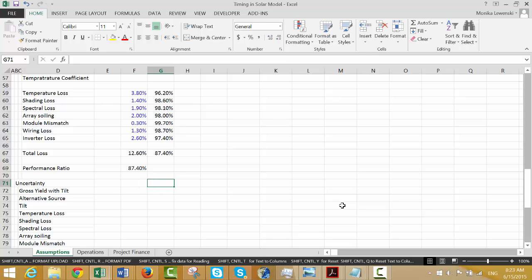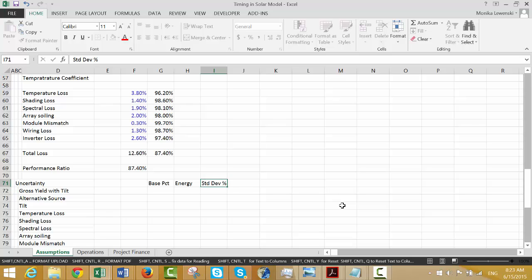So let's start with our base, our base percent. Okay, that's going to be our losses and everything else, and then we'll put our energy. Okay, and after we put the energy, let's put the standard deviation